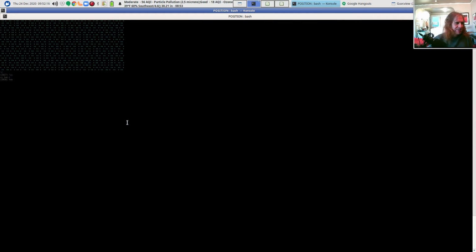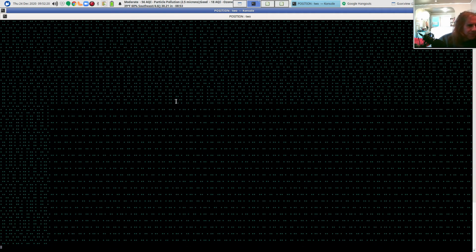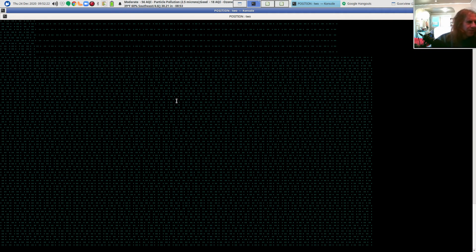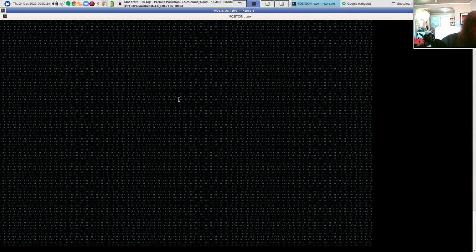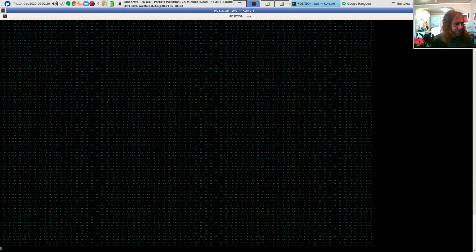So let me make this really small. And here's the pattern that's coming out. It's a little hard to see exactly what's going on here, but if we pause this output, it's not an obvious pattern. There's symmetries here, and you can look at where these gaps are, for example, these vertical lines.